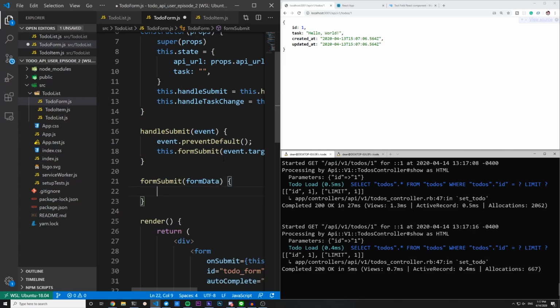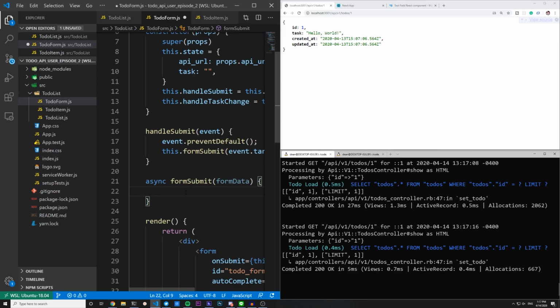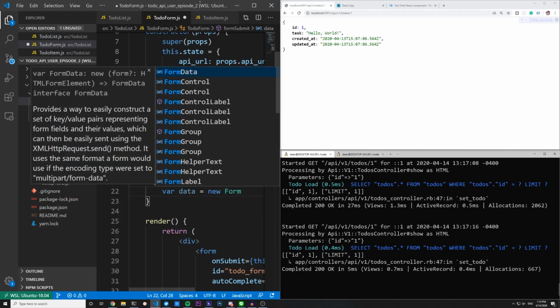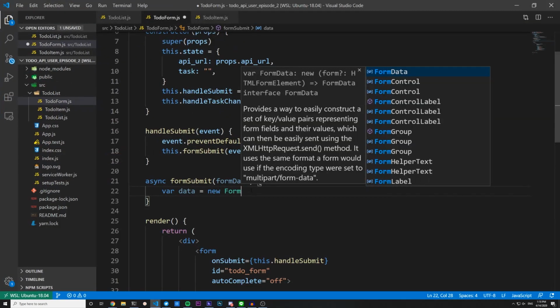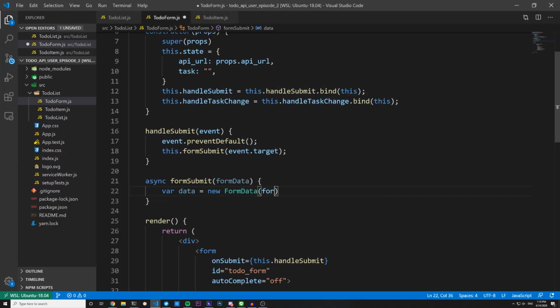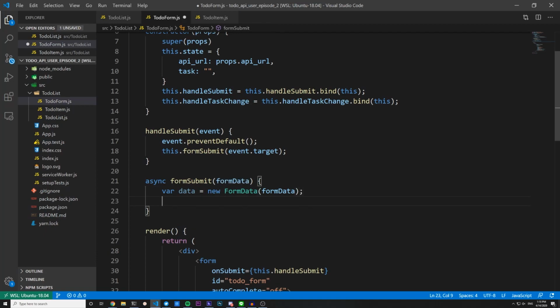Now, because we're doing this as an asynchronous request, we can start off by declaring this as an async function. And now we can do a var data equals new FormData, and we'll pass in the input form data from right here. We can now say var response is equal to, actually, I don't think I use this. So we can just say await